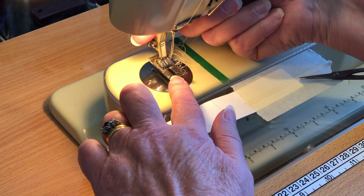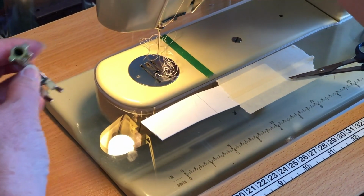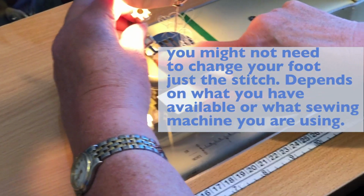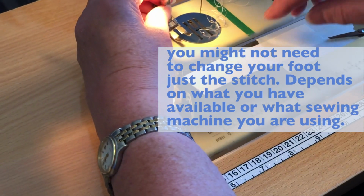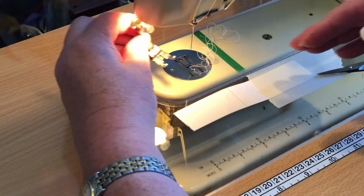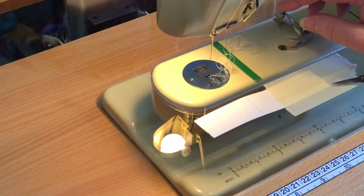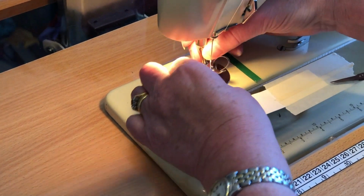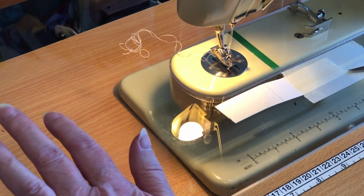I'm going to change my foot. I've got a straight sewing stitch foot here, and I use that a lot for just straight stitching because it keeps it more secure and straighter. Oops. And what I'm going to use now is a foot that I can do a zigzag on. So I've got this foot here, and it allows me to do a zigzag. So I just need to change my